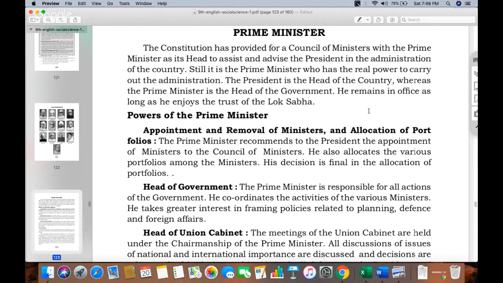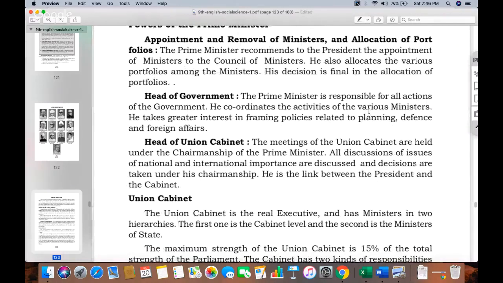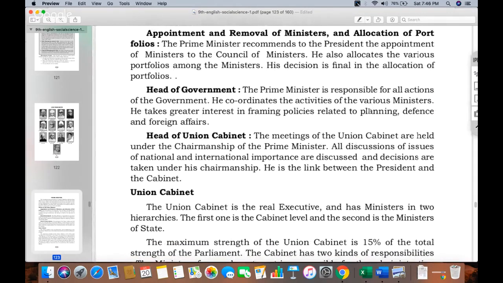So what happens in that scenario is that once they get majority in Rajya Sabha, and if God forbid they want to impose emergency in India, nobody can stop them. It is very much possible. So it is on the discretion of the Prime Minister and Council of Ministers, as simple as that.